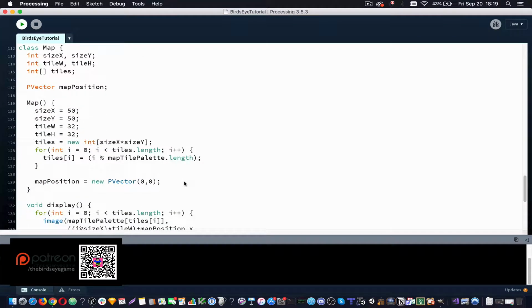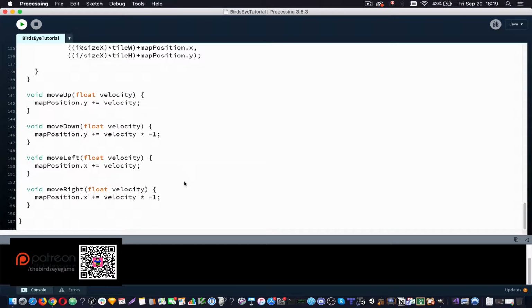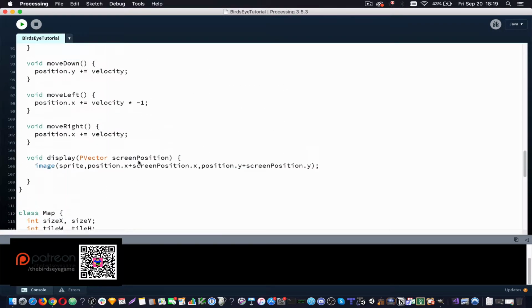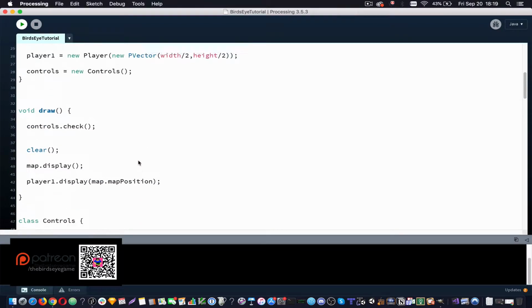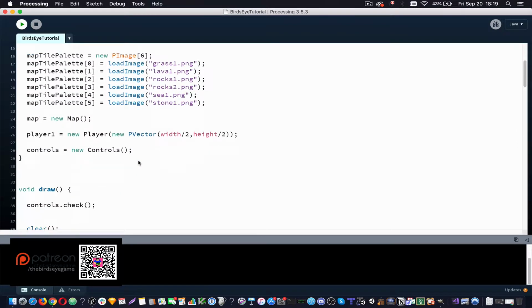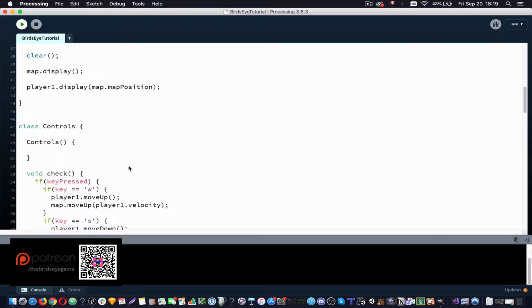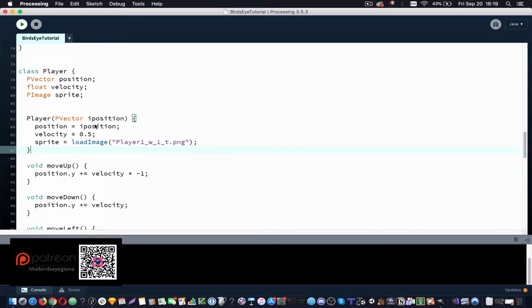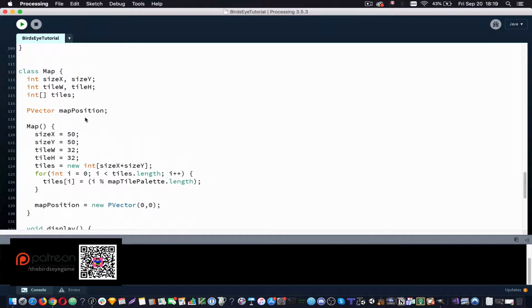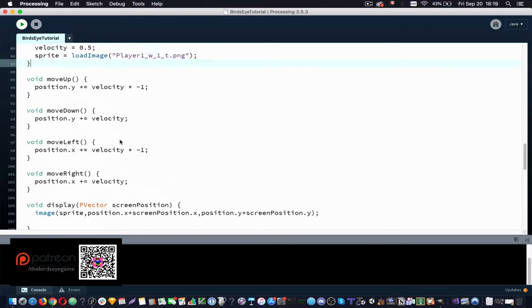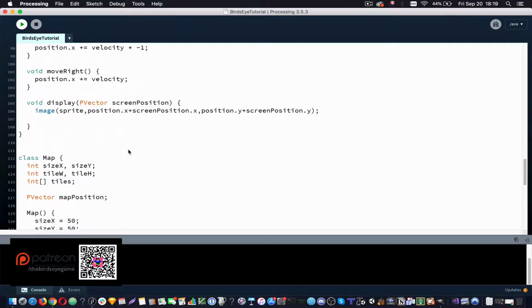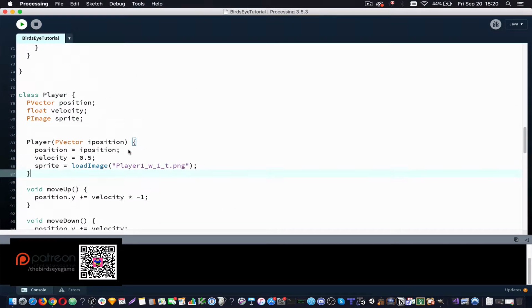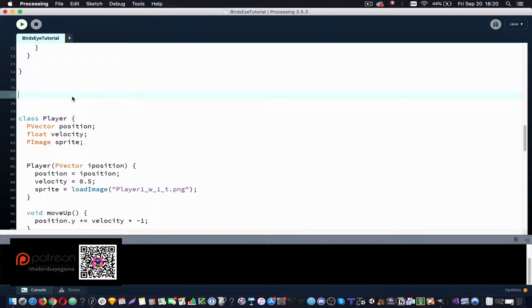I think the best way to do this would be to use a new structure to coordinate all the drawing between the player and the map, and we'll reuse this structure to coordinate displaying the enemies and the items and everything that will display on top of the map. So probably the best way is to create what we could call a